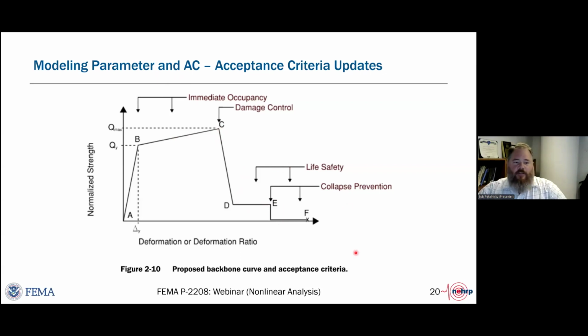So recognizing that loss of lateral strength isn't necessarily what's going to define collapse prevention, and therefore also life safety, which is taken as a margin of safety against collapse, it's loss of vertical load carrying capacity. So we have our unacceptable response checks to make sure that there's not a global collapse. But from a local collapse standpoint, we really care about setting our collapse prevention at the loss of vertical load carrying capacity.